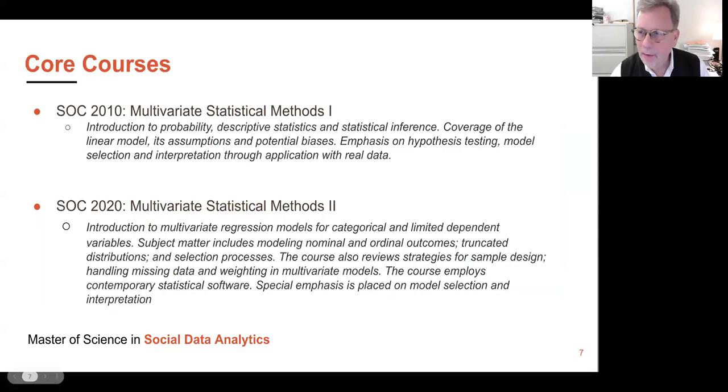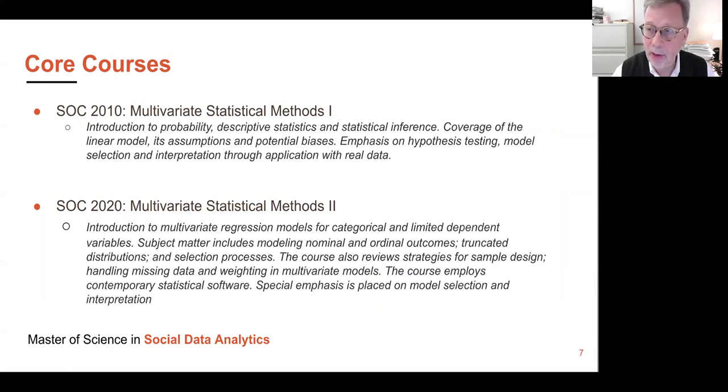Okay. The core of our training is 2 semesters of advanced statistics. These are 2 courses that are required for all of our doctoral students. And again, I want to emphasize, with just introductory statistics, you have sufficient preparation to do very well in both of these courses.